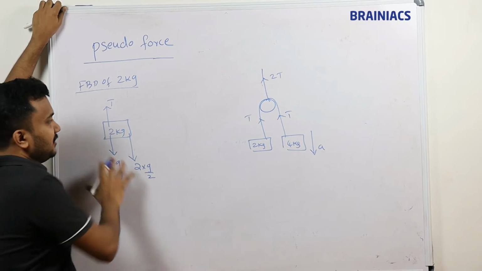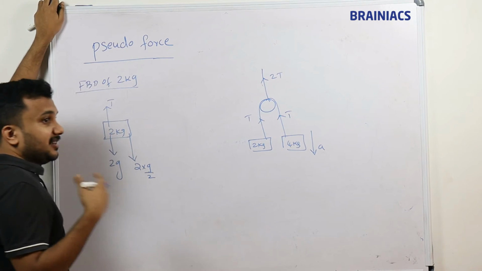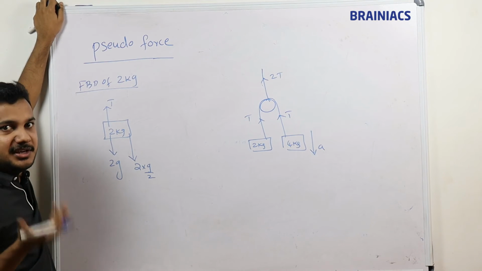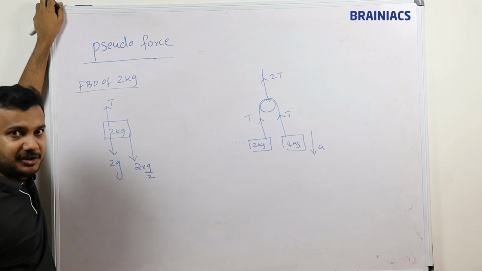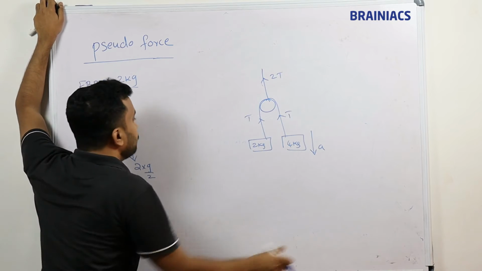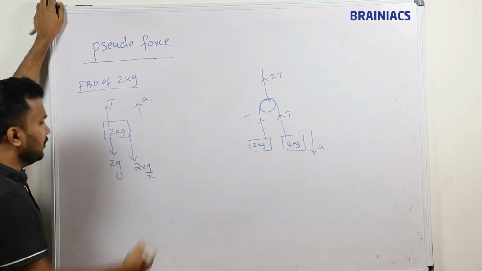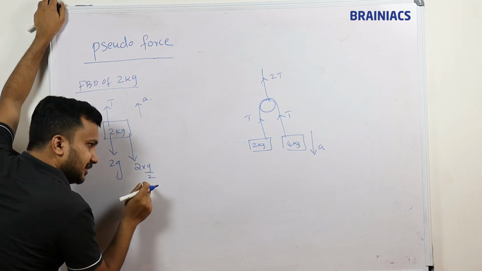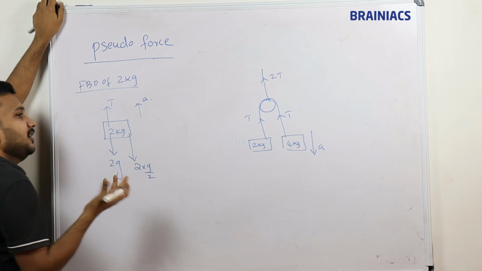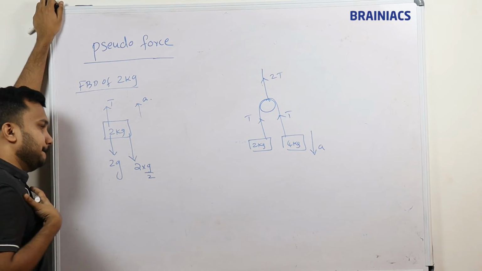And here, this is the total force which is acting. But we are saying it is not in equilibrium. If it were in equilibrium, upward force would be equal to downward force. But it is not in equilibrium, right? Because the 4 kg is moving down, so there is an extra additional acceleration a also. Now we will apply Newton's law because I consider the pseudo force. If I consider the pseudo force, I can apply Newton's law.